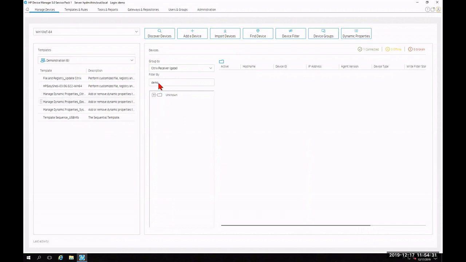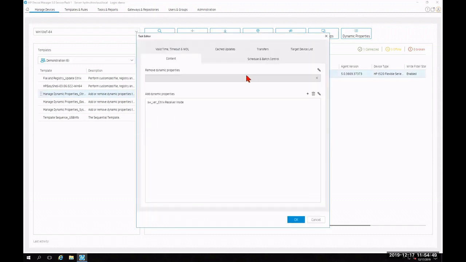We have also pre-selected a filter by demo, which is tied to an existing thin client sitting in this unknown folder of sales, and that is indeed a T520. I will go ahead and grab the dynamic property for Citrix and drop it on our sales thin client. Then I'll review that it is in fact applying the Citrix Receiver Inside dynamic property,